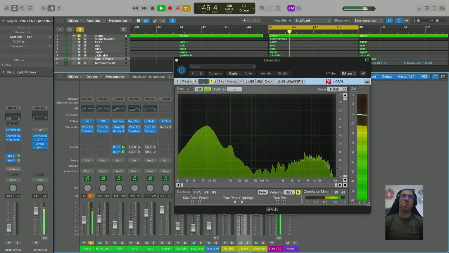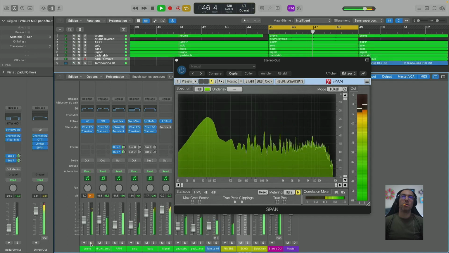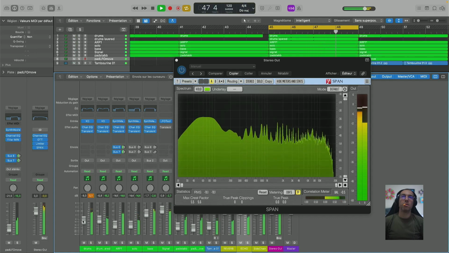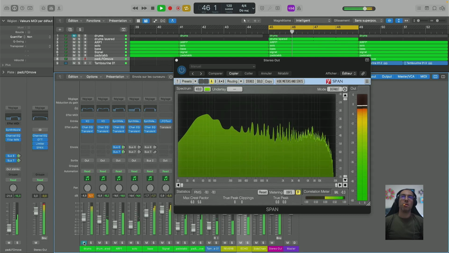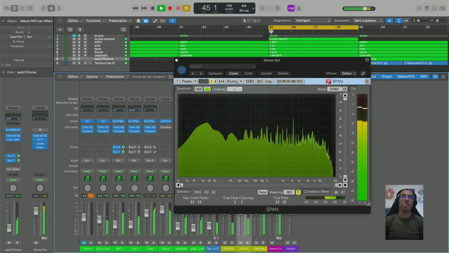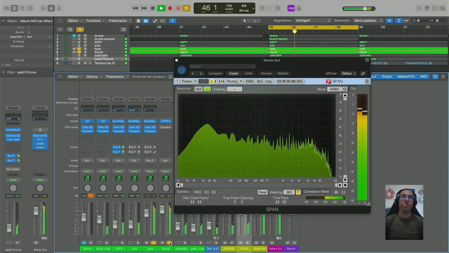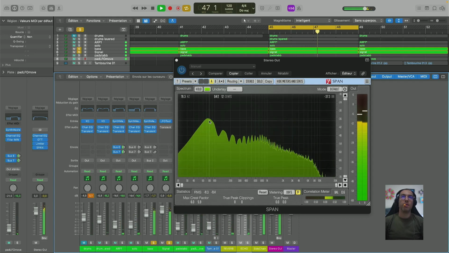Okay. Now you see the bass, right? In fact, you realize that the bass is really